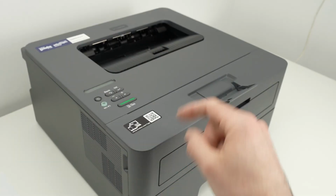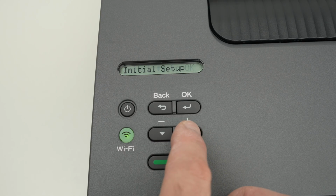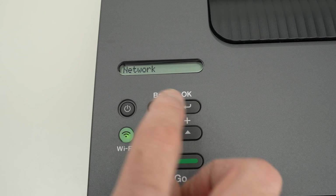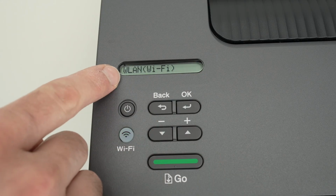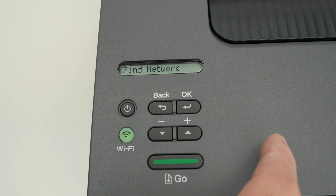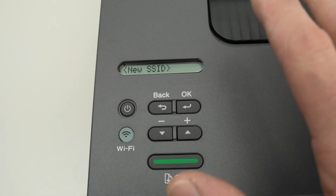So step number one, go on this screen right over here. We're going to press the up arrow to navigate through the menu. Press it a few times until you see network. Then confirm by pressing OK. Once you see WLAN Wi-Fi, press OK once again. It will say find network, press OK, and it will start searching for all the Wi-Fi networks that are currently